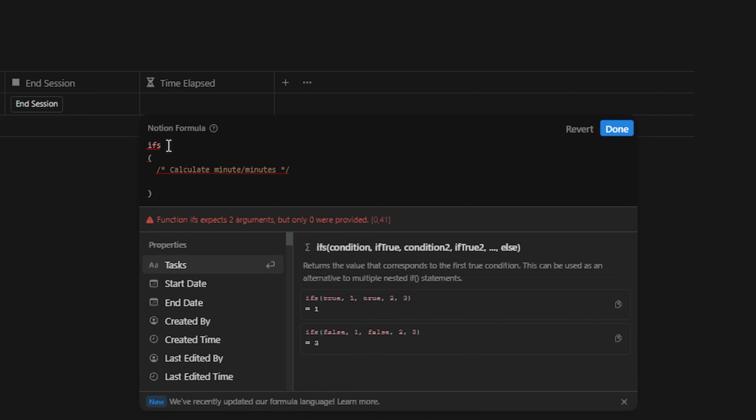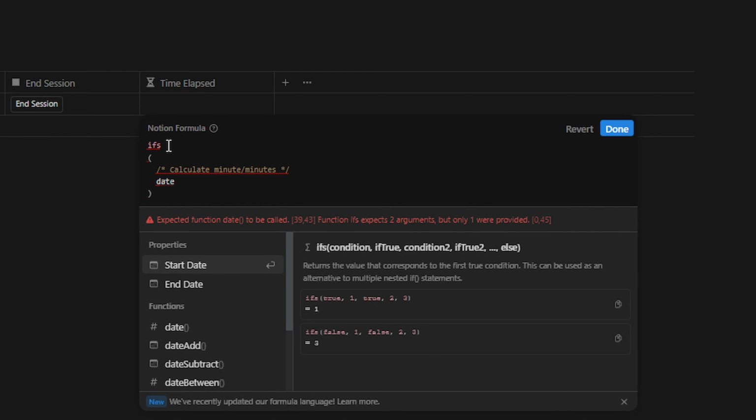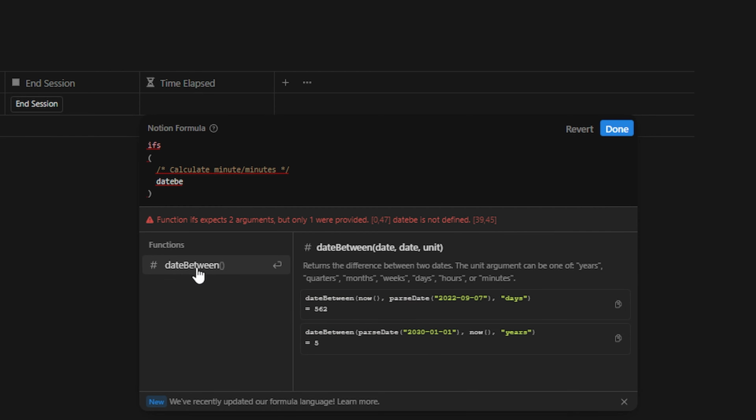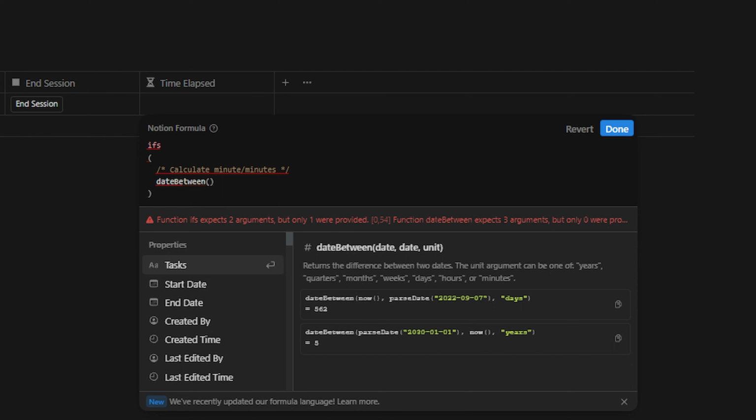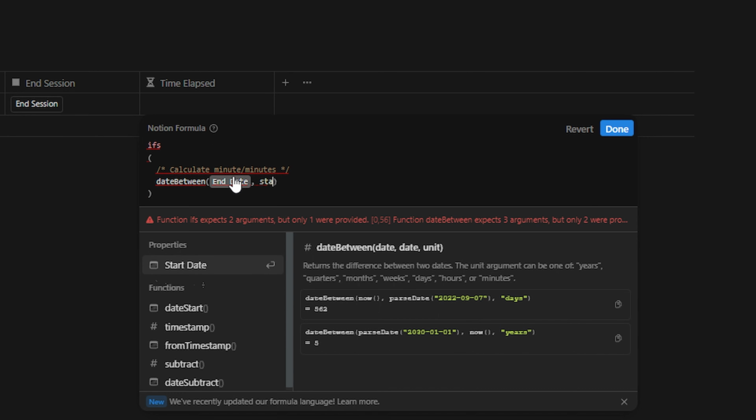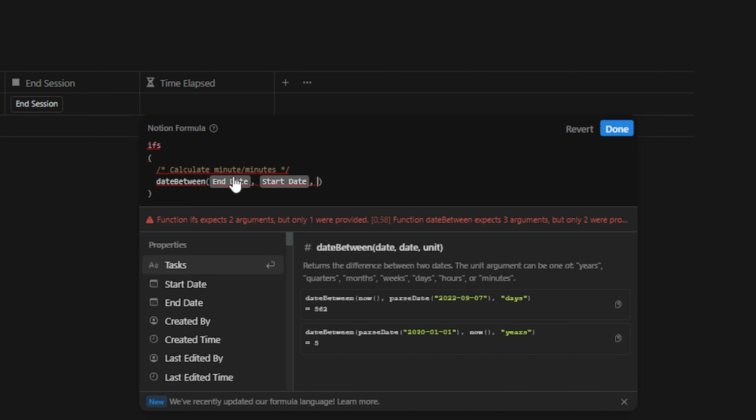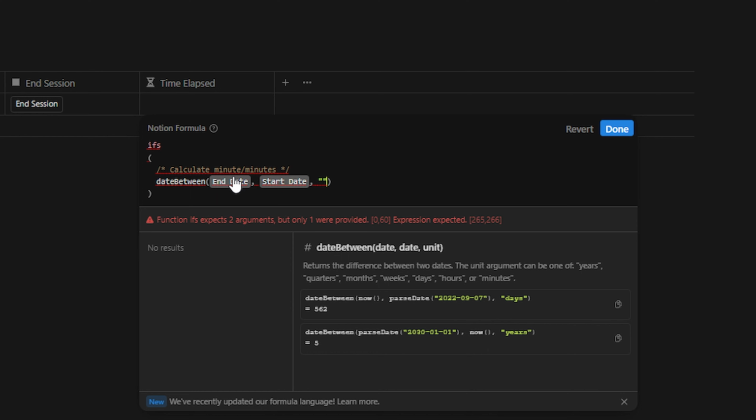We want the date between the end date and the start date. So end date, comma, start date, and since we want the minutes,